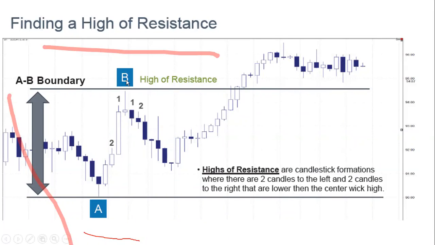This is a resistance level, and here we have a high. And what makes us trust this to be a high? What could actually make you draw a Fibonacci tool from making this A and making this B, which has to do with placing the fib from the low to the high. What makes you call this a high is that two candles before this candle did not contest with this high, and two candles after it. Before you can place a fib, it means that two candles should close after.